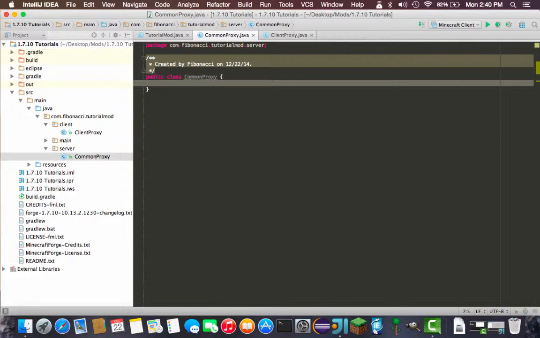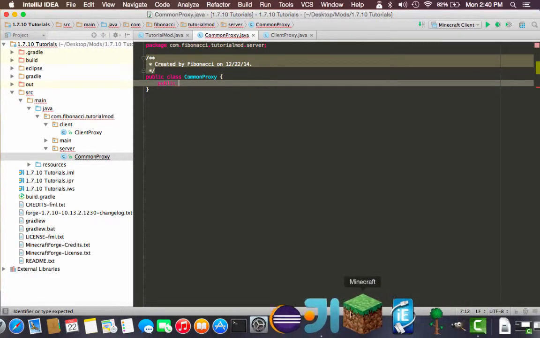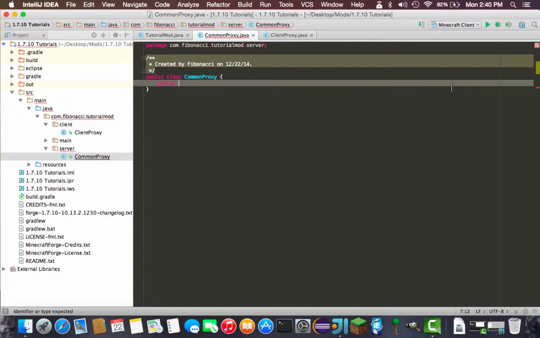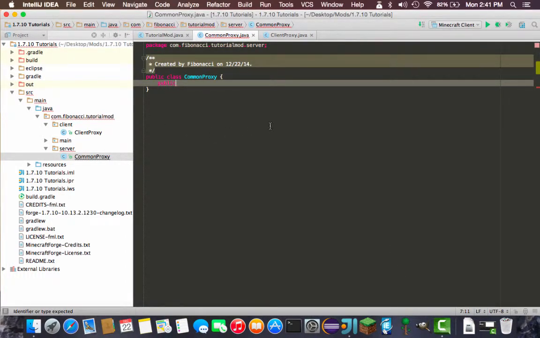So you want to say public. Okay, sorry about that. I just had to find out the methods that you're using. It really doesn't matter, but this is just what I did. So we want to do public void